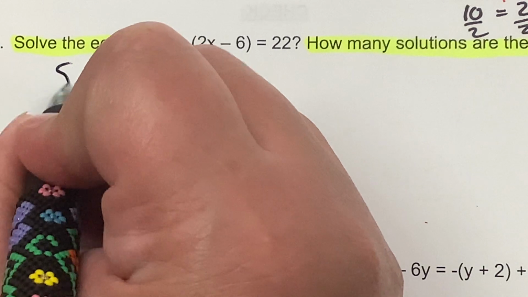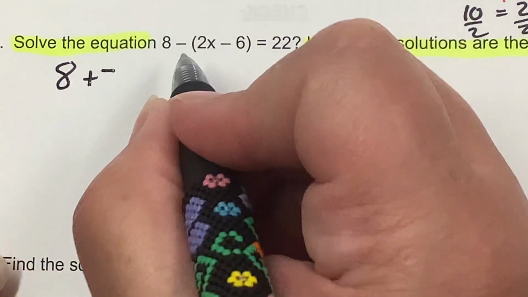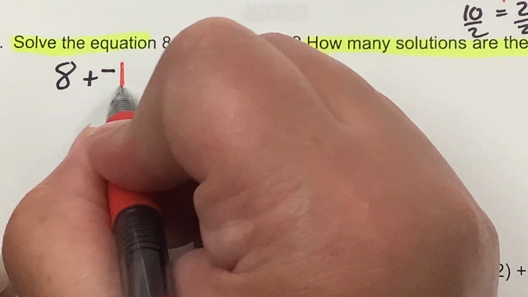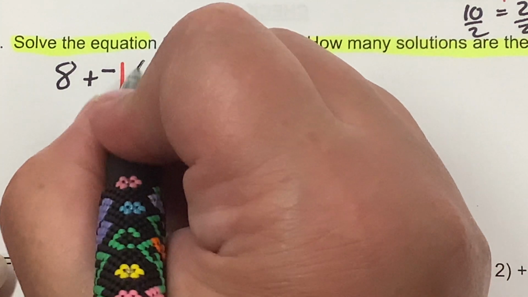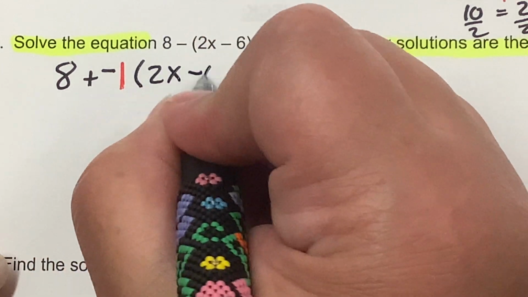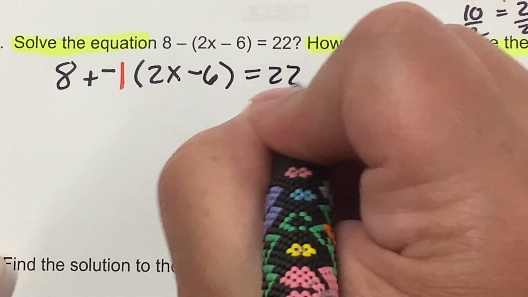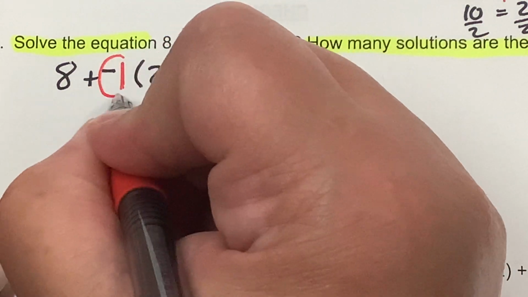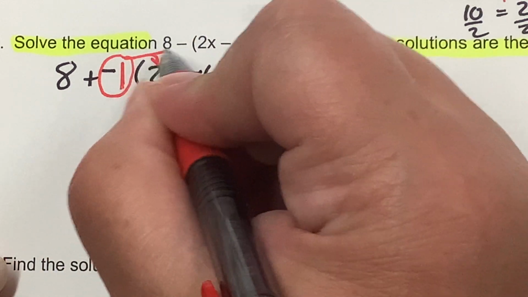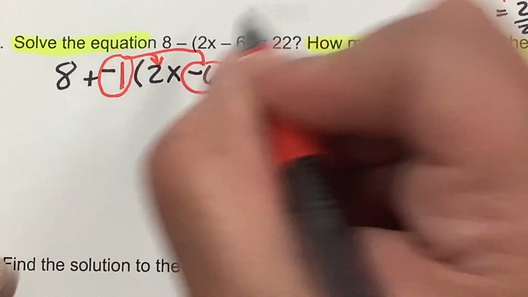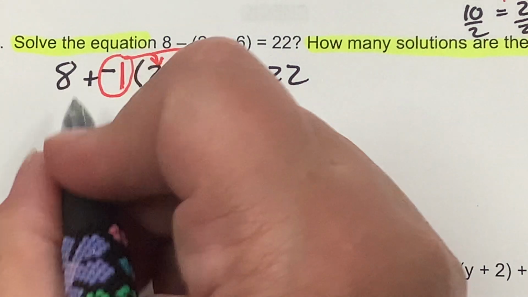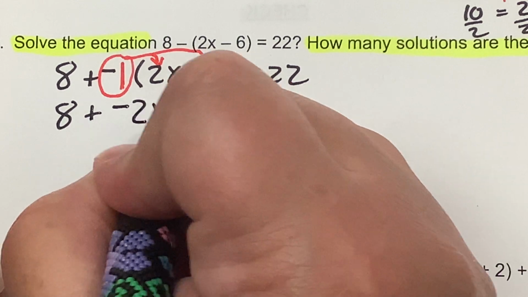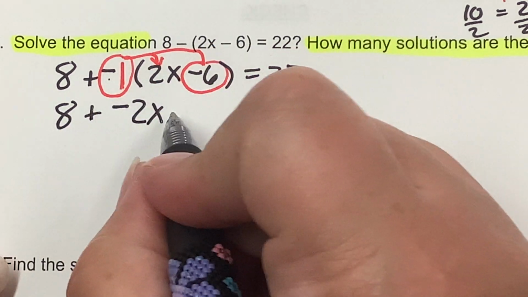So I'm going to write 8 plus negative, and there's like an invisible 1 there, but I'm going to make it visible. I'll make a 1 right there. And then parentheses 2x minus 6 equals 22. So now when I multiply, it's going to be negative 1 times 2x and negative 1 times, don't lose that sign, negative 6. Nothing happened to the 8, plus negative 1 times 2, negative 2x, negative 1 times negative 6,